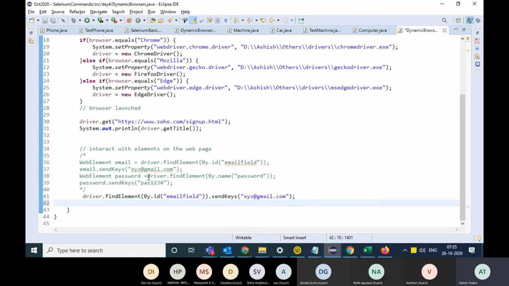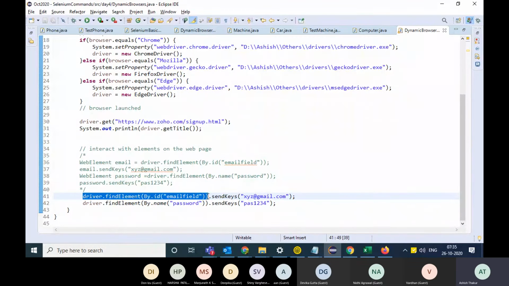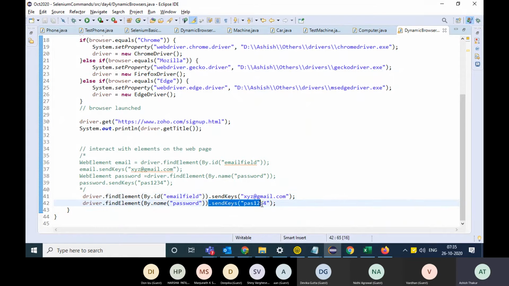Similarly driver dot find element by the password field dot send keys. So the execution starts from left to right. First driver dot find element is executed, the web element is extracted. On that web element, we fire the send keys function.